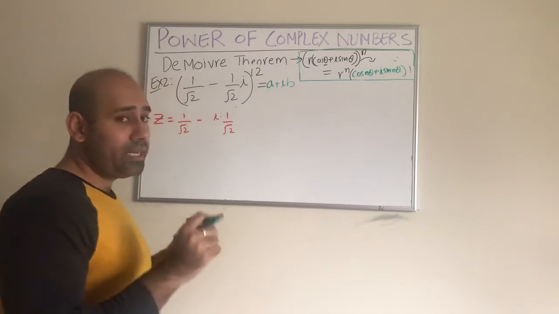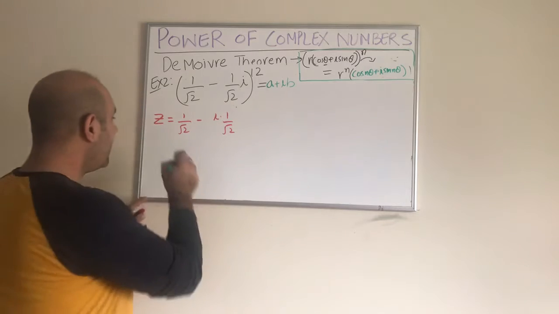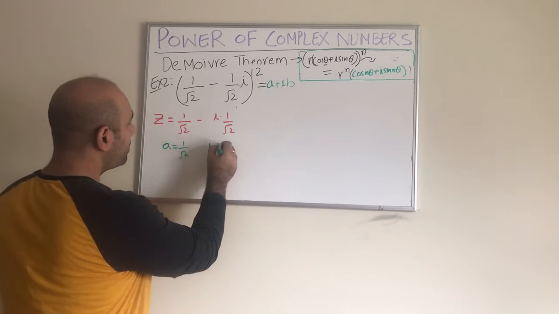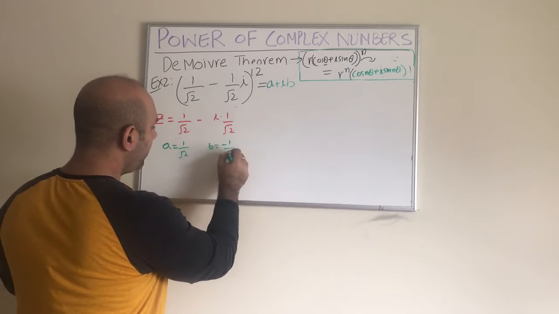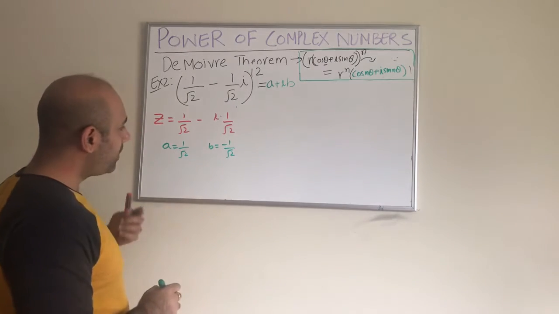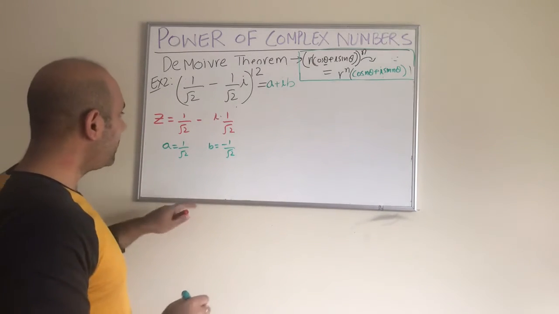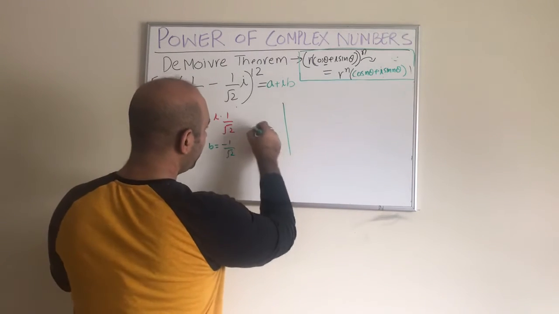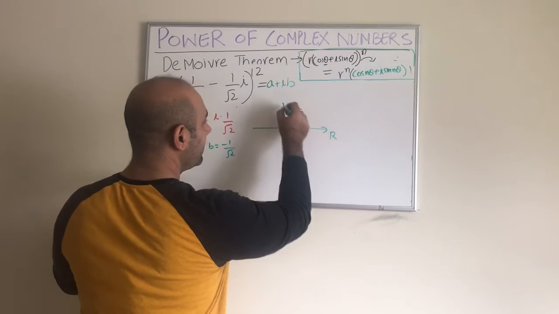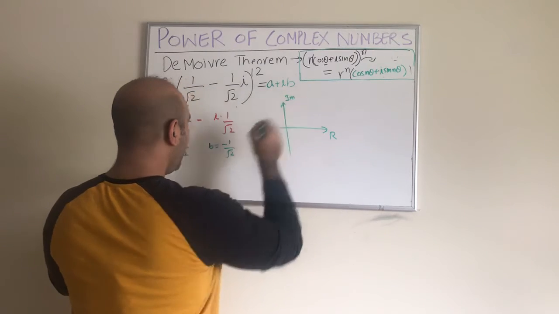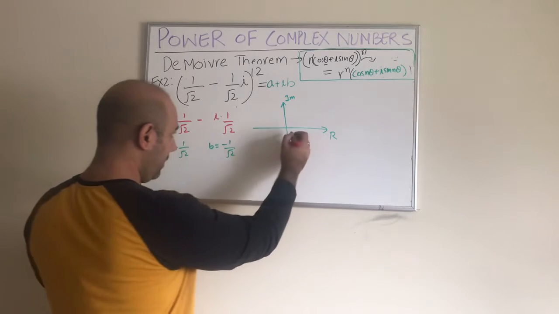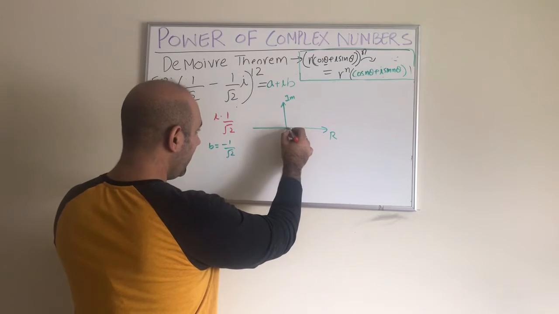Step number 1 is to identify the real and the imaginary part. The real part a here is 1 over radical 2, and the imaginary part is going to be negative 1 over radical 2. Based on that, the first thing we do is plot this in a complex plane. So let us go ahead and do that. If this is my complex plane, this is the real axis, this is my imaginary axis, and 1 over radical 2 and negative 1 over radical 2 will obviously be in the fourth quadrant,